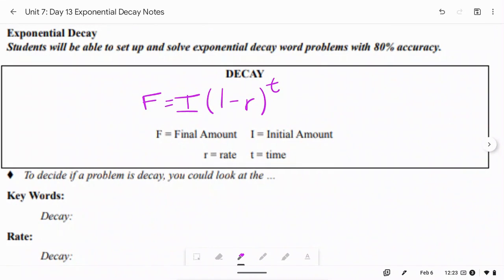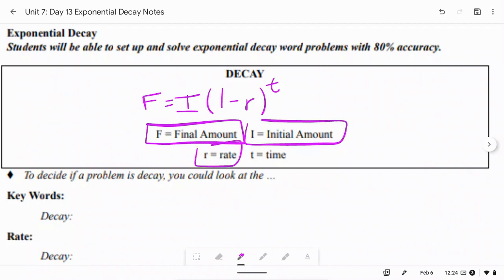Again, the only difference with this equation versus the growth equation is instead of adding the rate, you're subtracting the rate. So F still stands for the final amount, I is the initial amount, R is the rate. Just don't forget to change the percent into a decimal when you put it into your equation, and then